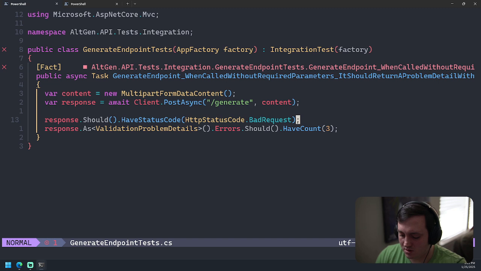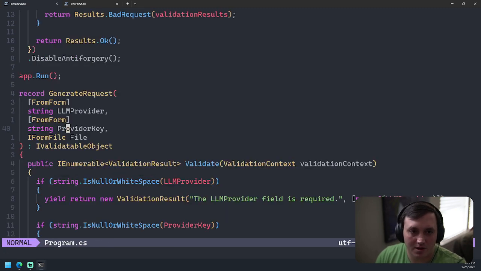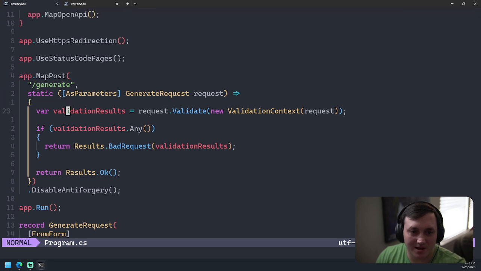Let's see. Control P program. I don't think I'm even making it into here.